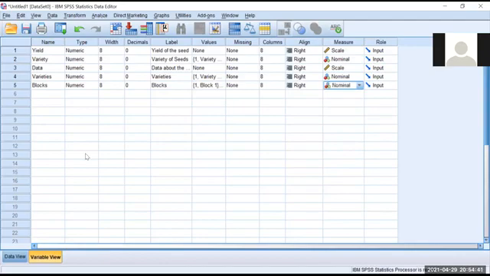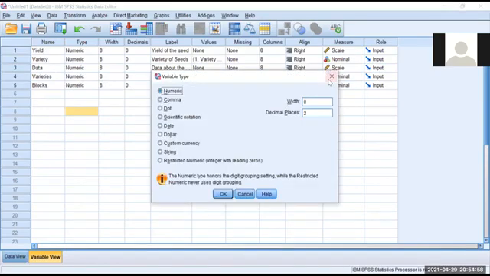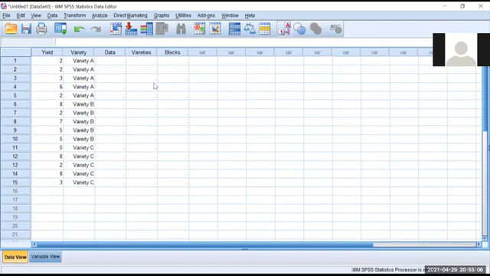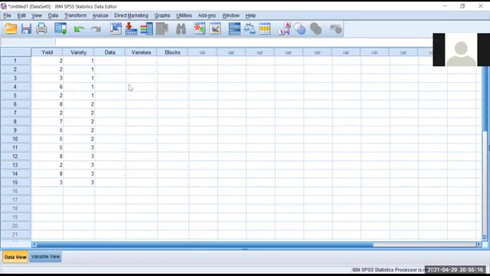Sir, wait a minute. Let me just add. Yes, ma'am. So you should enter the data set separately, the first factor, the first variable separately, the second variable separately. Now, after entering the variables in the variable view, go to the data view. See the variables that you entered. It is there. Before entering, I already told you, disable this value label icon. Disable this. Now you enter the data.